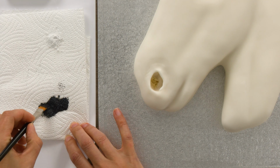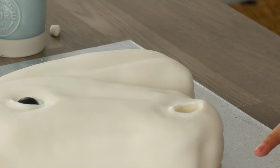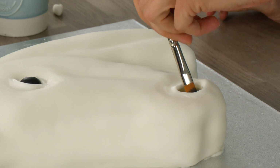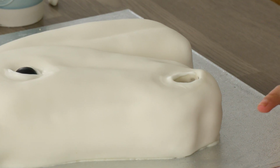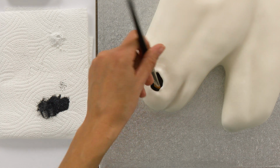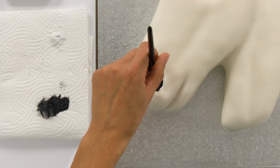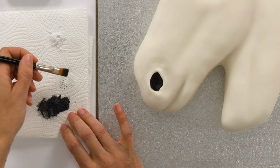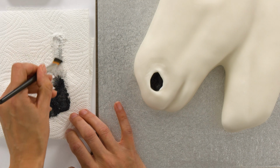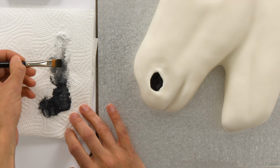Now I have got the Colour Splash food colouring dust, and I'm going to just place that right inside the nostril. And you want that quite nice and dark, right inside, till it's all covered. Like that. Now that's done. We then want to start mixing this with a little bit of white. So we start off at the darkest point and then we go lighter. So mix that to a nice grey,